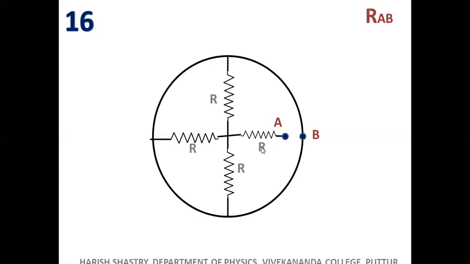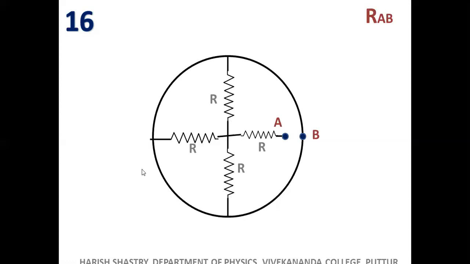Now, why can't I connect these three R's in parallel? You see, this end is common with this end, common with this end. So why can't I join these three resistors in parallel? This is however common, but this R is not in common parallel with these three. Remember, this resistance is separate, whereas these three resistors are in parallel. So I can bring this here, I can bring this here, and I can make them parallel.